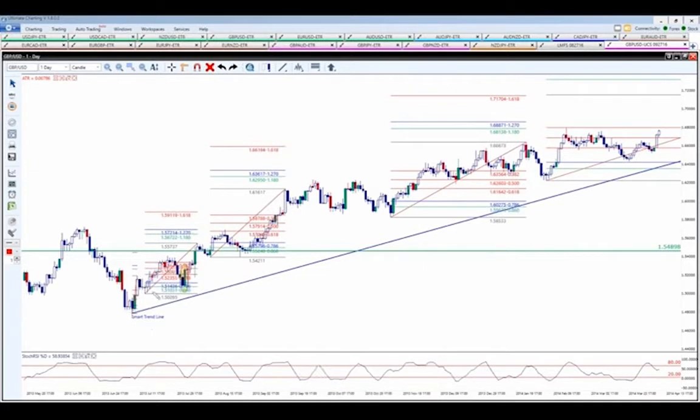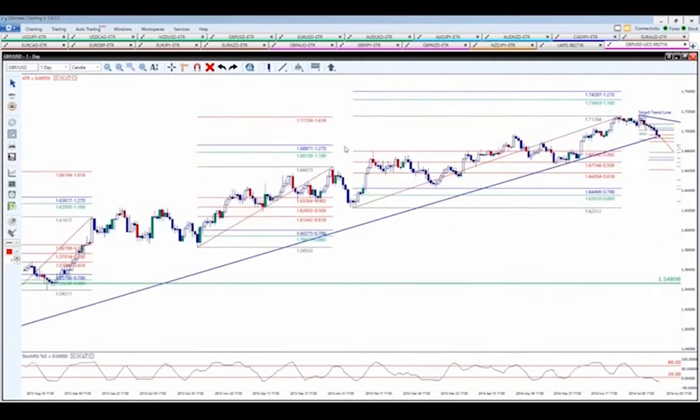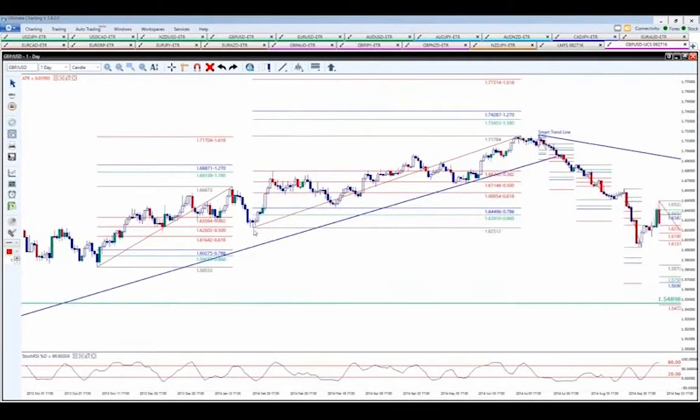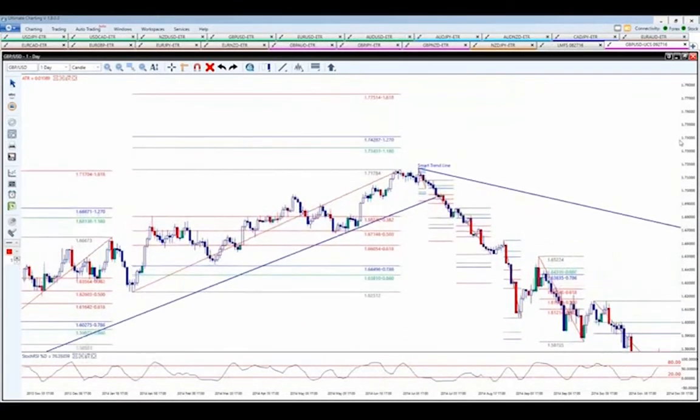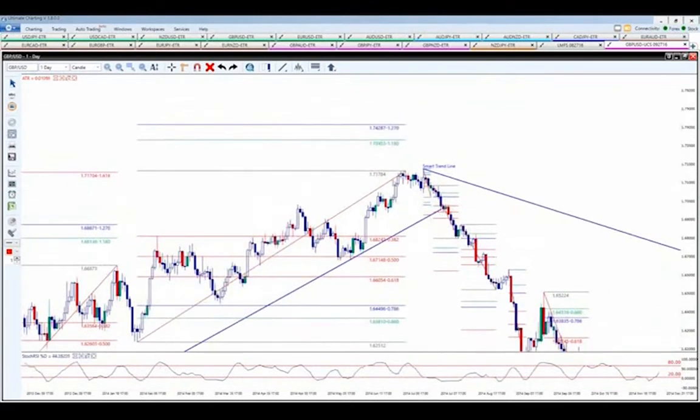So we had 1 ABCD, 2 ABCD, 3 ABCD, 4 ABCD, and then as the market's going up, we had the new A, B here. Now, one of the things we're going to teach you when you go through our full education is that we tend to look for the market to pull back to at least this first red level here, the 0.382 retracement level. So what happens up here is that the market pulls back right there.